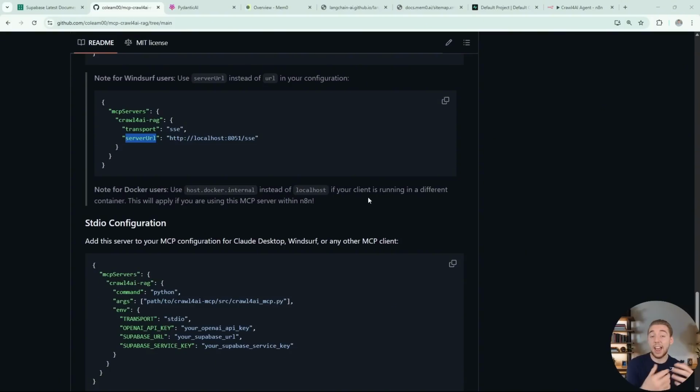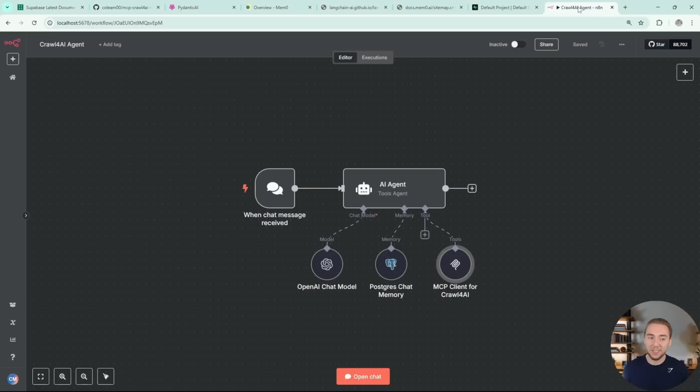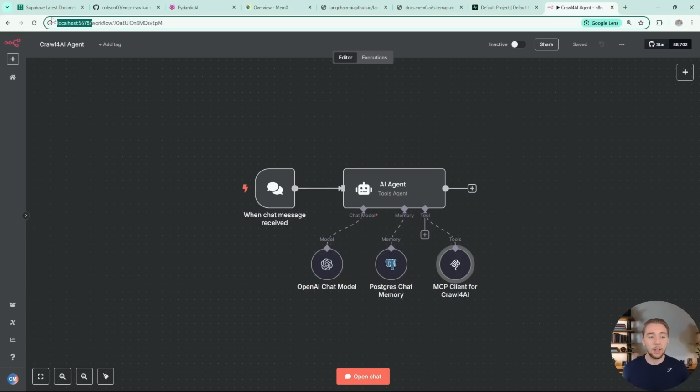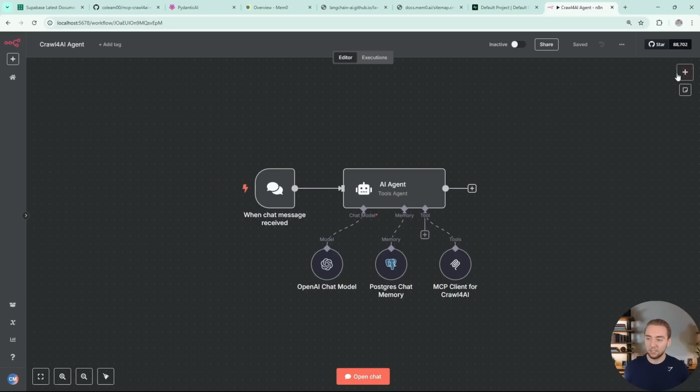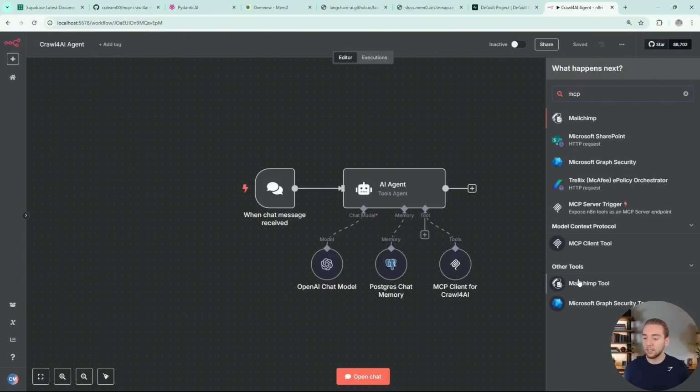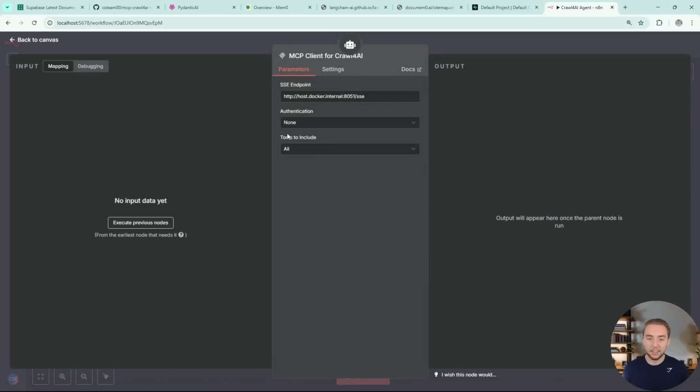And you can even have this up and running in other things like N8N, for example. So I'll even show you this here. I have N8N hosted locally on my computer right now. And so I can just hook in the MCP client node, the tool that I can attach to my agent. And then clicking into this, the SSE endpoint is exactly the same as what we set up in Windsurf,